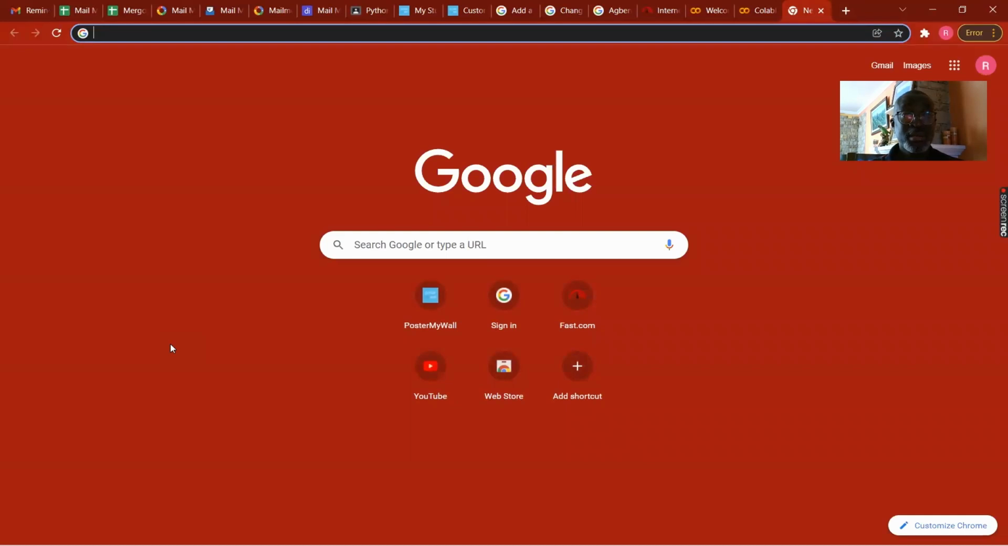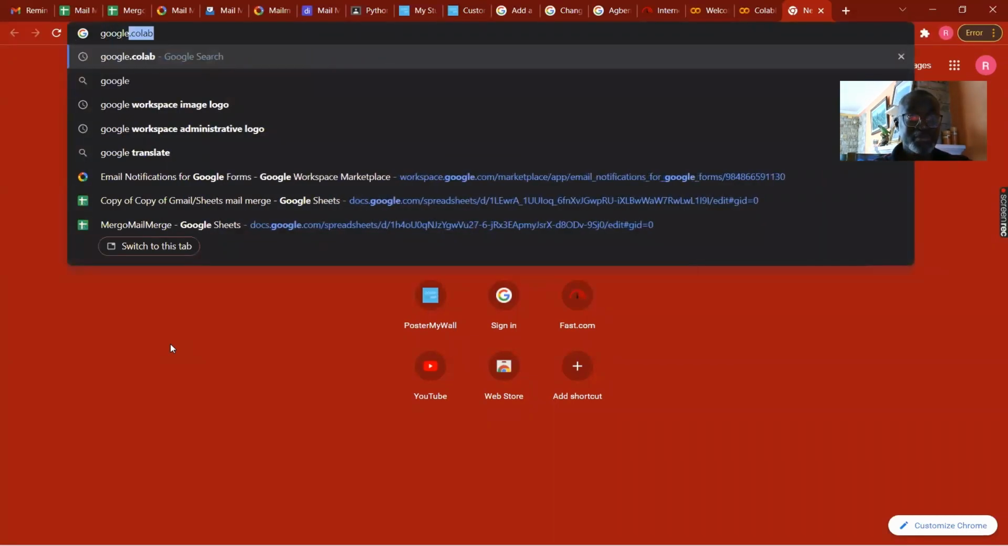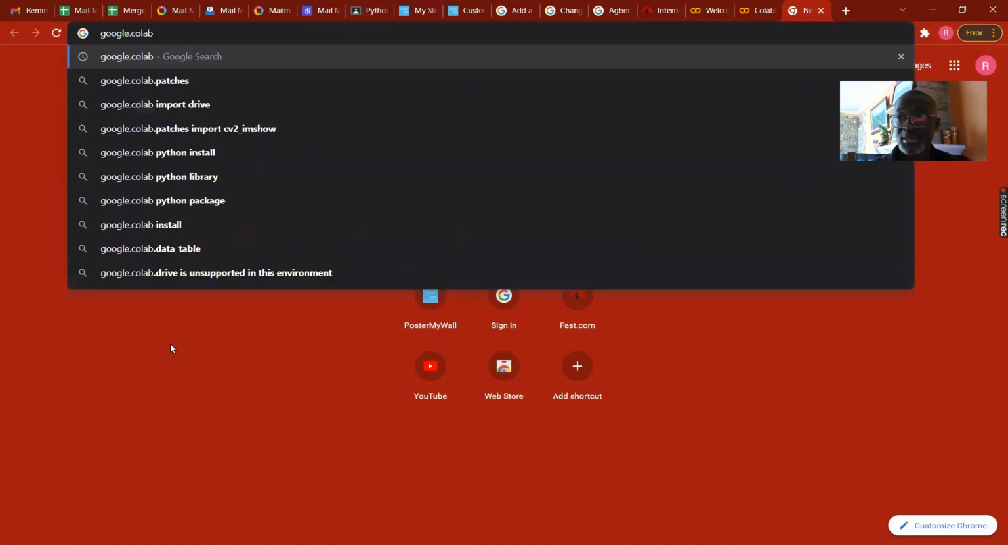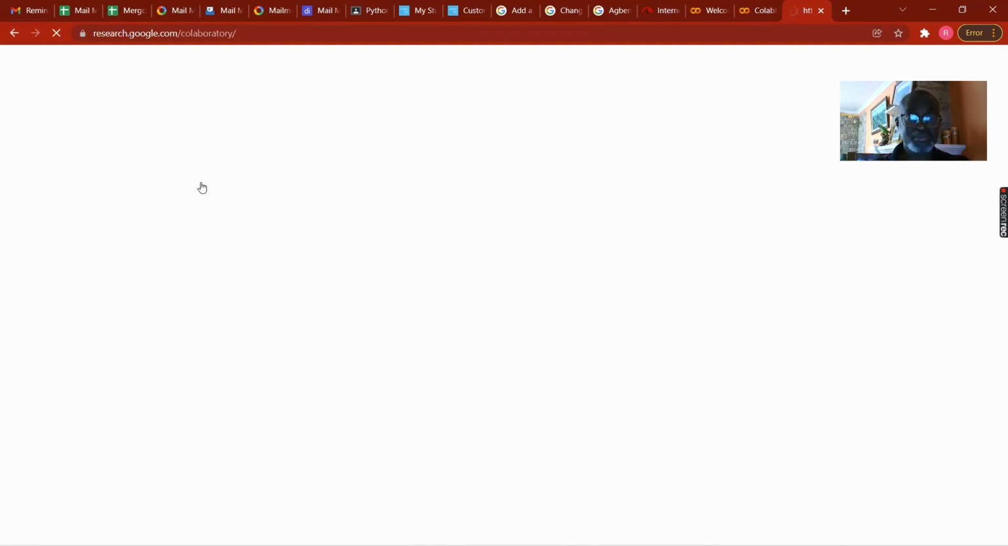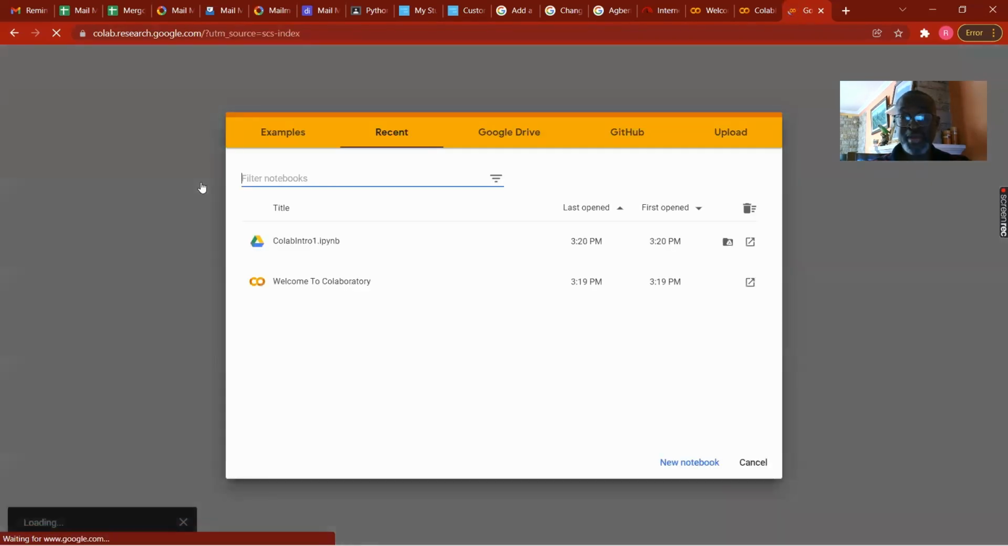So this is a browser, Google Chrome, where I have my Gmail account. And the Gmail account is pretty new. I've only used it once just to test how Colab works. So all I have to do is to type Google Colab. And I'm going to see a range of options here. Once it is research.google.com, colaboratory, and I'm in the right place, I just click on it. And it's going to link to my